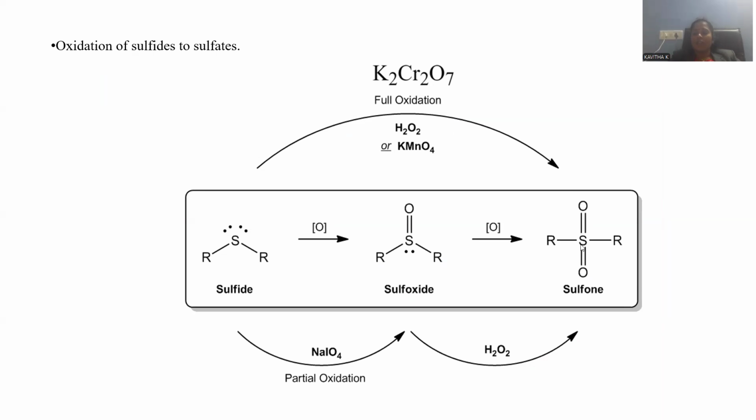So S double bond O is possible because sulfur is able to exist conveniently in the +6 oxidation number, right? That's the reason there is a provision to accommodate this many oxygens around it, so that sulfide will be transformed into sulfone, and you may treat it as a sulfate as well. That is also a possibility, but higher oxidation is possible by means of K2Cr2O7.